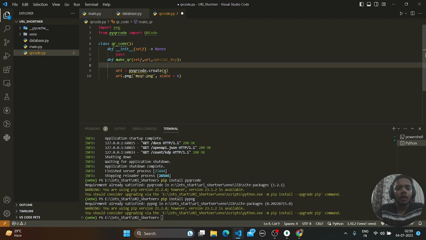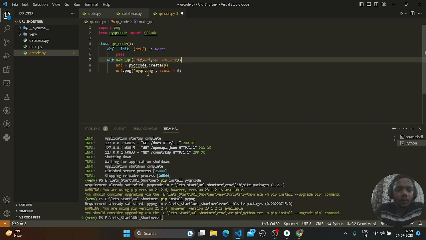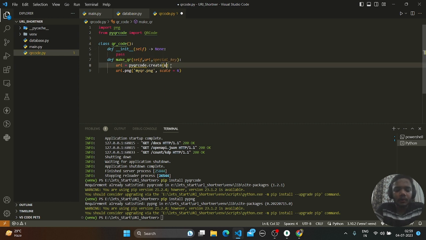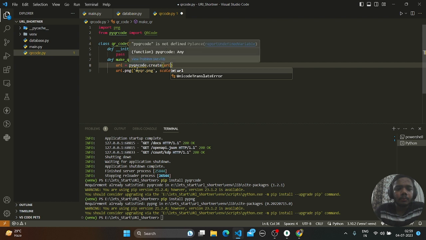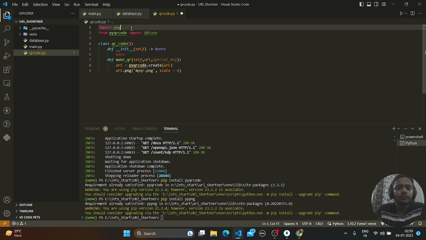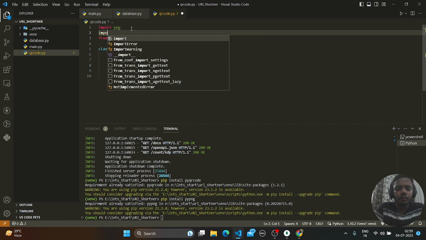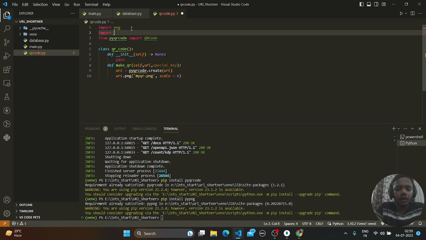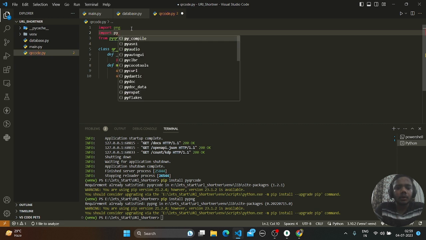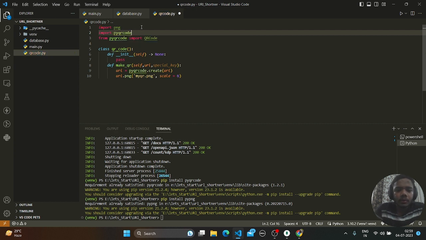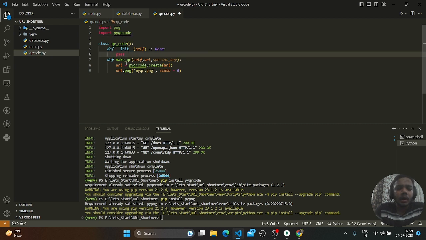Right? And now what we can say here is, this s is for URL, so I will change it with URL. Okay. So it needs pyqrcode. I removed the import statement that was needed, so I need pyqrcode here. So I don't need this statement, right? Yeah, I don't need this statement. Now I can say pyqrcode.create for this URL, and to save this, don't save it on myqr.png, rather save it on,